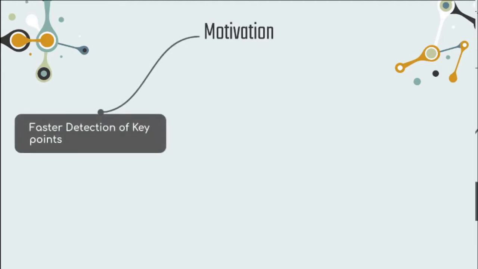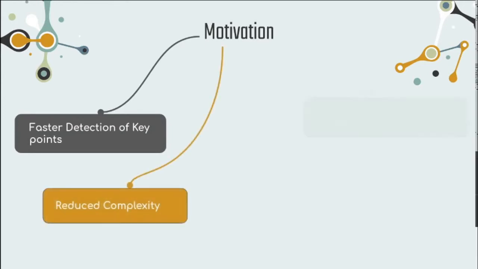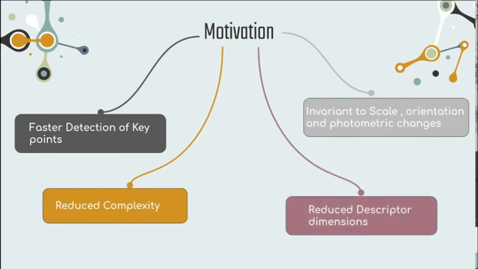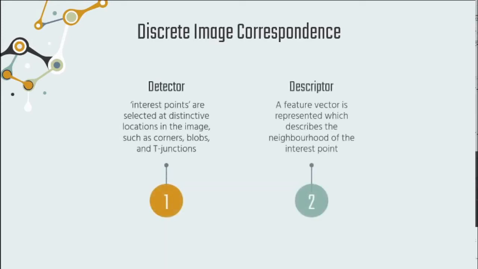The authors' main focus was on speeding up the process of detecting the interest points. Nevertheless, it should be less complicated. At the same time, it should be scale invariant, rotation invariant, and photometric variation should also be taken care of. Finally, the size of the descriptor should be small, but it should also have enough information for distinctiveness. As feature size directly affects the cost of computation, we try to maintain a low size descriptor. The algorithm is explained in two parts, detector and descriptor.